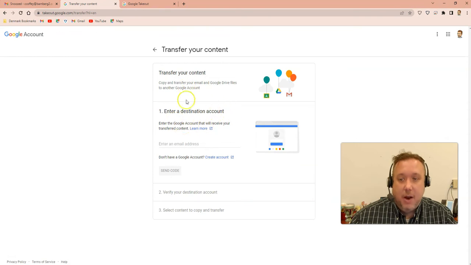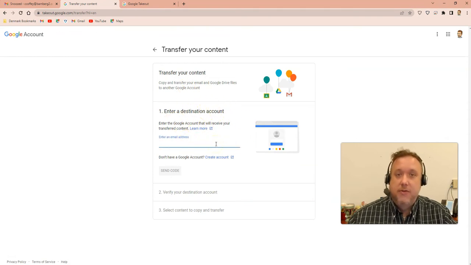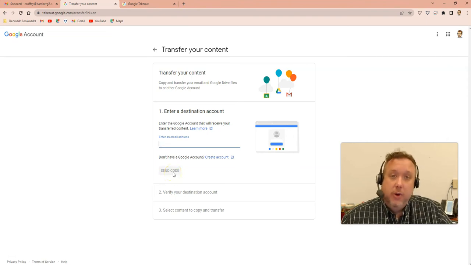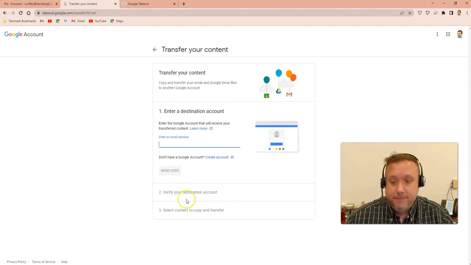And it's going to say, okay, where do you want it to go? So you'll enter in your new Google account email address. So if you're moving from one school to another school, this is where you'd put in your new account. Now you can't do this until after you have your new account, because once you do that, you're going to click send code. You'll check your new account and it will give you the code that you enter in, and